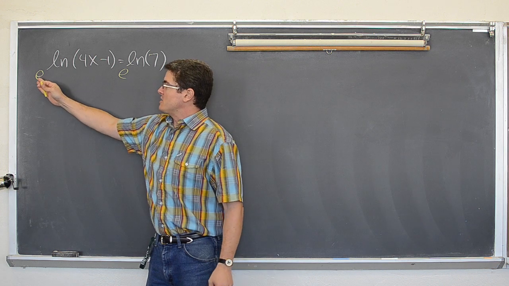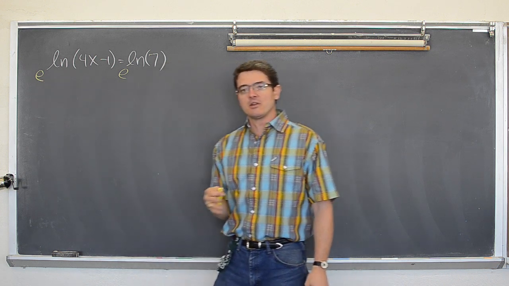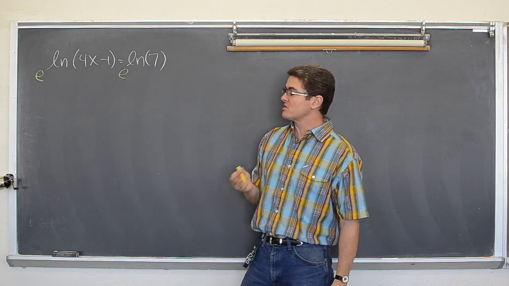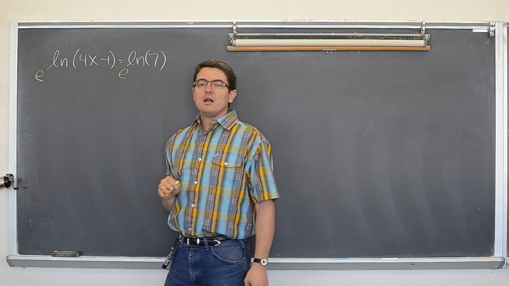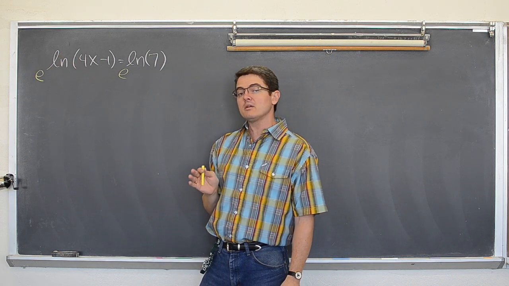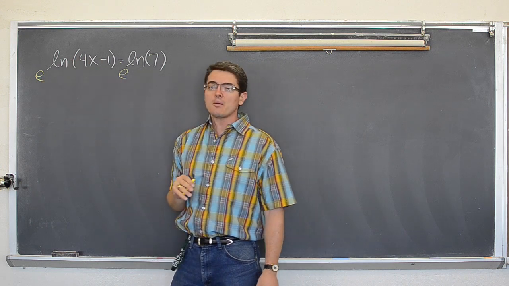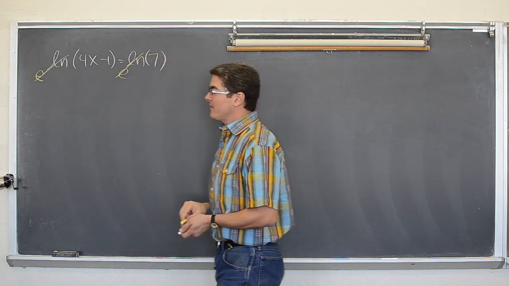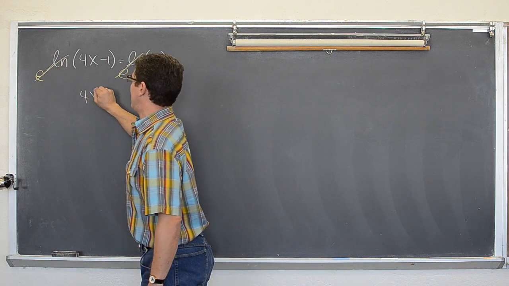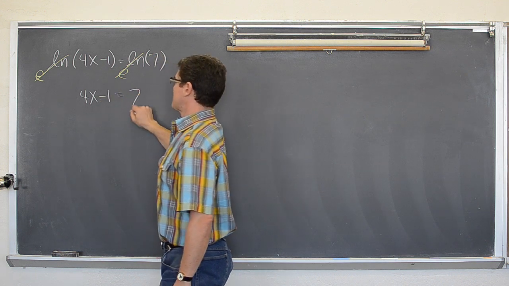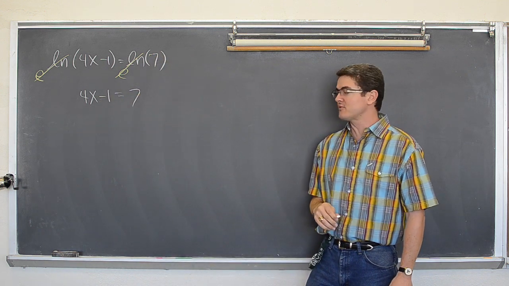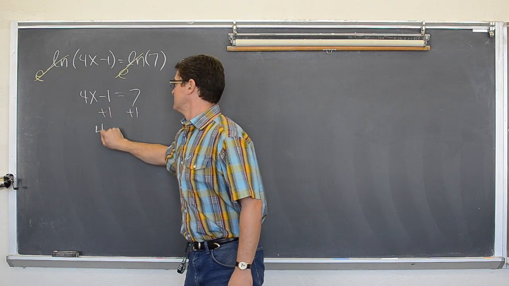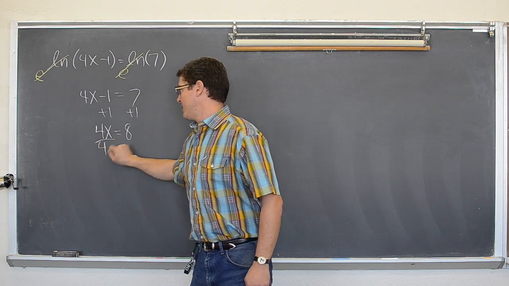Now when you have these like bases stacked on top of each other, again, the log functions and exponential functions are inverses of each other. If they're stacked immediately, with leading coefficients of 1, those common bases will cancel out, base of e and log base e, which is natural log. So that step will cancel these log functions out, and we do get 4x minus 1 equals 7. And now we just have a two-step equation left to solve, which is add 1 to both sides, and then finally divide by 4.